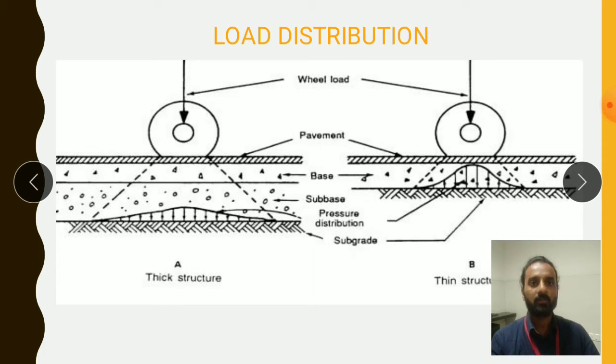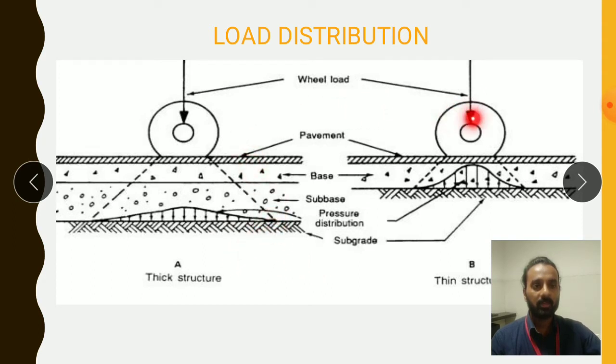First of all, when the wheel is moving onto the pavement, this actually transfers the load. The wheel transfers the load of its vehicle or of its tonnage vehicle to the base, and the base transfers load to the sub-base, and the sub-base will transfer load to the subgrade soil. Hence the load of the subgrade layer will be transferred to the main soil, right?